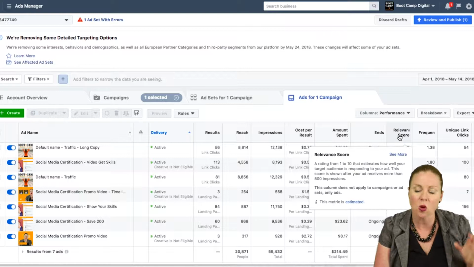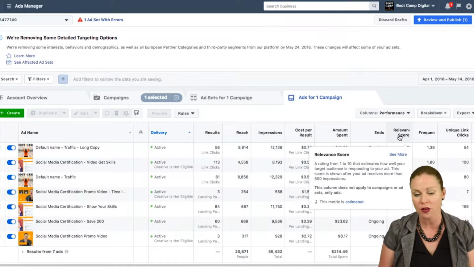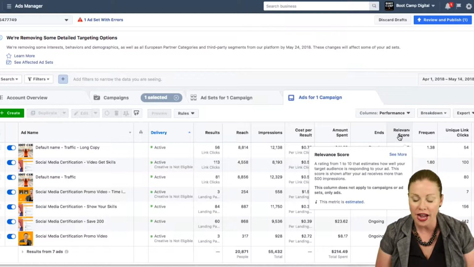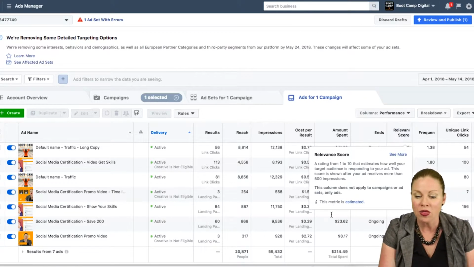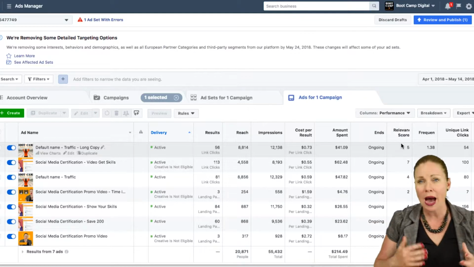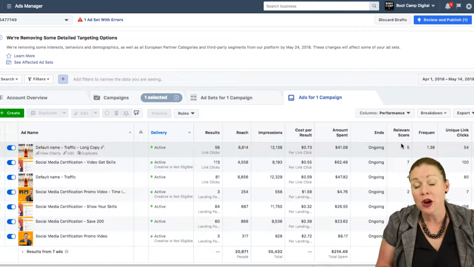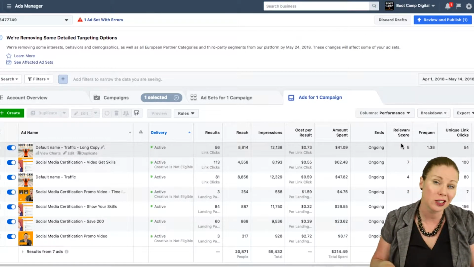So the relevance score is linked to the target audience. So it's not just an absolute number. So there's other things that can come into play. Now, this is estimated by Facebook, and Facebook does warn a little bit about how much weight you put into the relevance score. But what I notice a lot of the times is we see ads that don't perform very